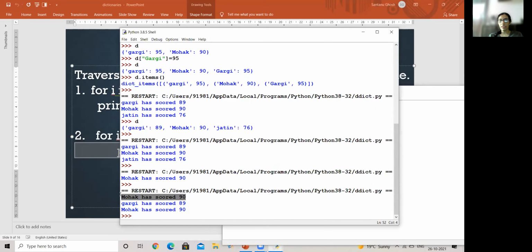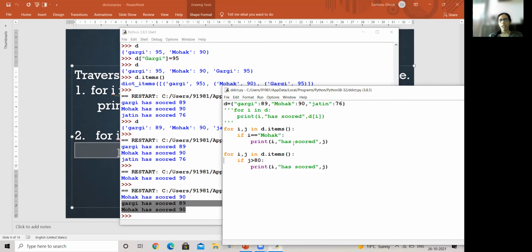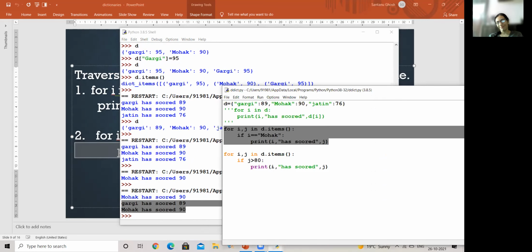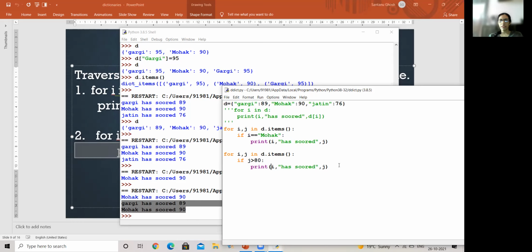Mohawk scored 90 and then again Gargi, Mohawk scored 89, 90, because I did not make this a comment. So this part was also executed, and the first line is actually the output of this part and the second two lines are the output of this part. I hope that's clear. Otherwise, I can just close this part and it will not be executed, and then just do it.